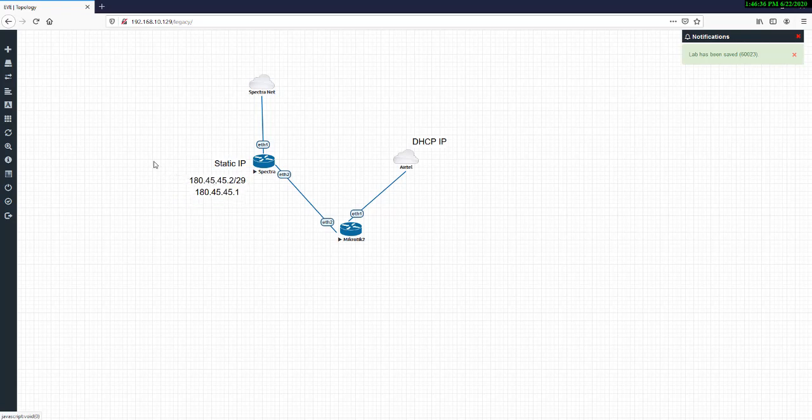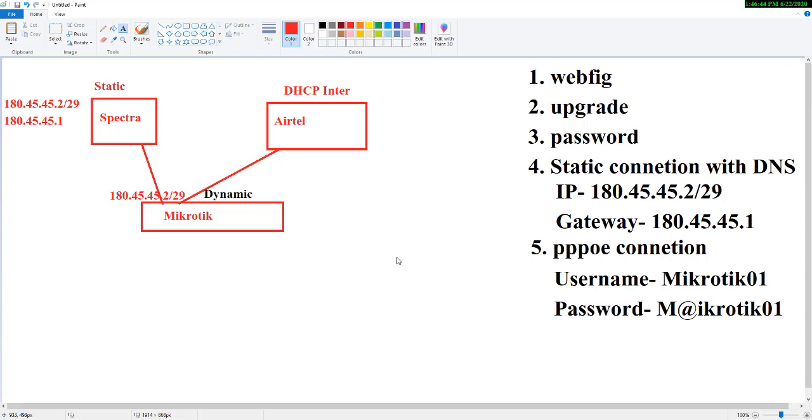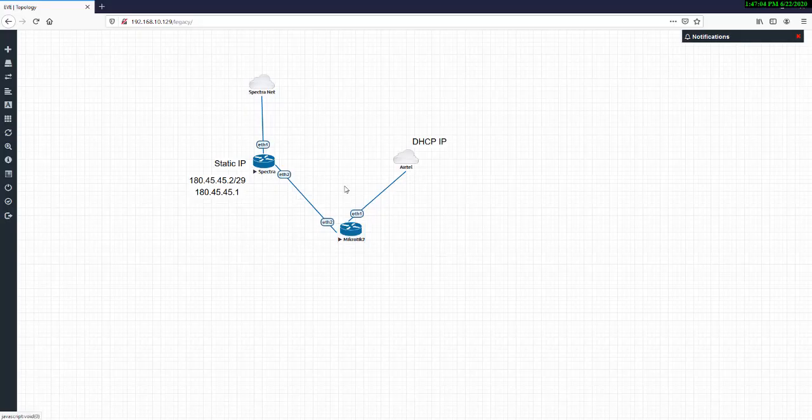So let's start the configuration and see how we can configure static and dynamic connections on multiple ports: configure WebFig and upgrade our MikroTik, set the password on our MikroTik, static and dynamic connection, and PPPoE connection. So let's start the configuration.